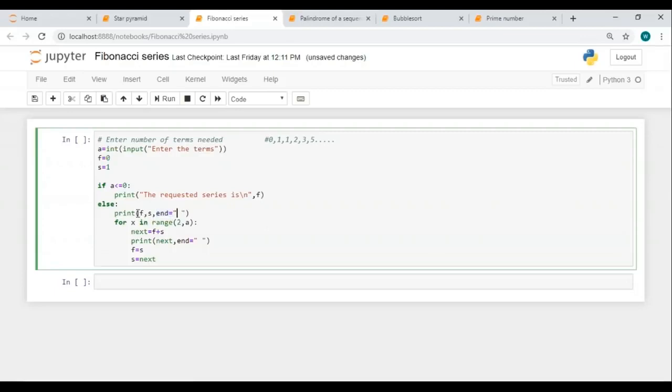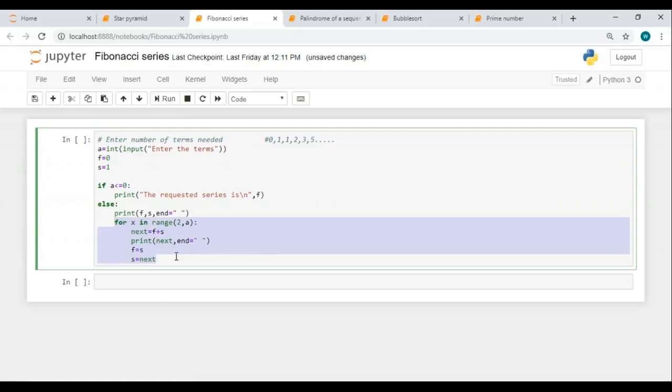In Python, end comes as a parameter of the print statement, which by default is \n or the next line character. But in my case, I've changed it from the next line character to a white space character. You can change it to anything you want. You can also use commas or colons between your series. Since I want white space characters, I will leave it as a white space character over here.